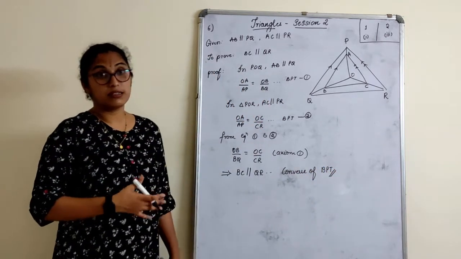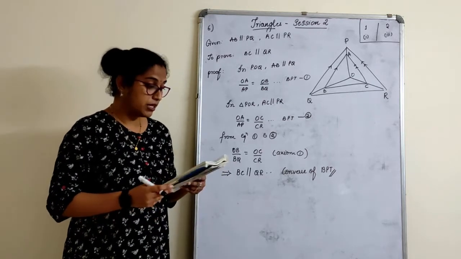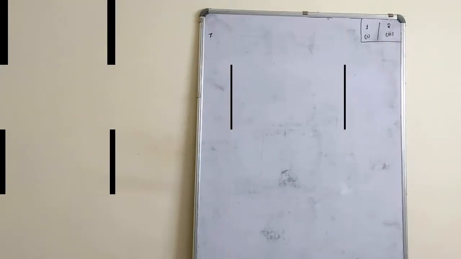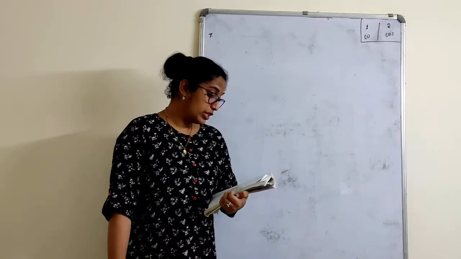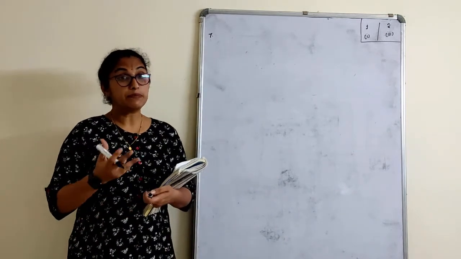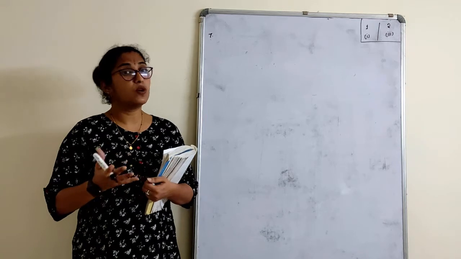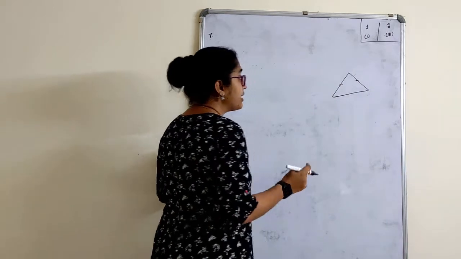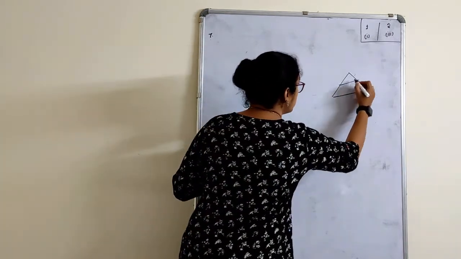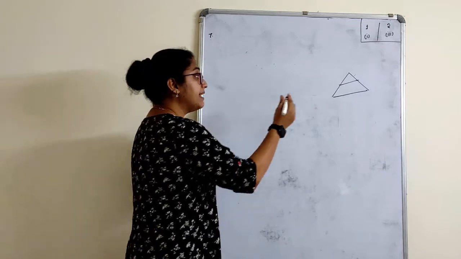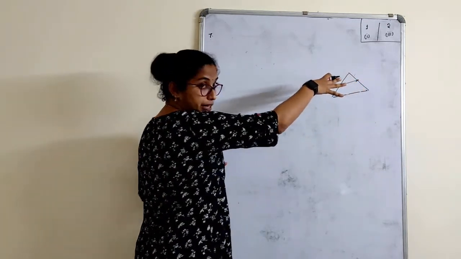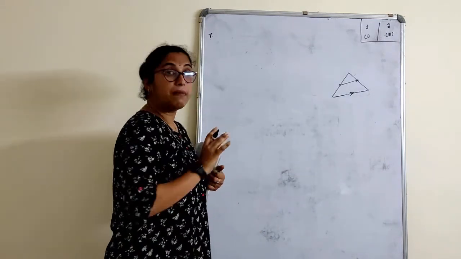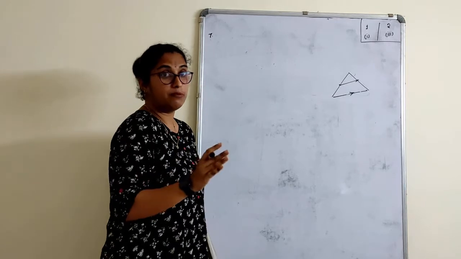Isn't it very simple? Yes. Almost all the sums are proved by the similar technique. Let's move on to the seventh one. We'll start with the seventh one. So seventh and eighth one is about the midpoint theorem, what we studied in standard 9. So what did the midpoint theorem tell us? We'll just recall. The line drawn joining the midpoints of any two sides of a triangle is half the third side and parallel to the third side. That was the actual midpoint theorem.